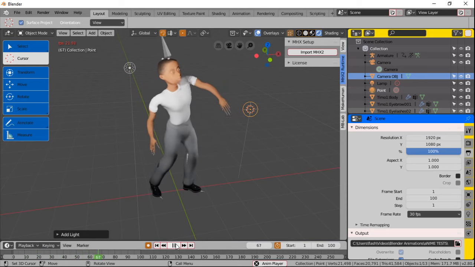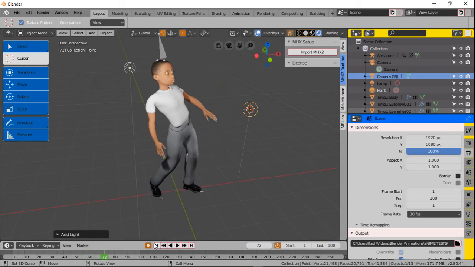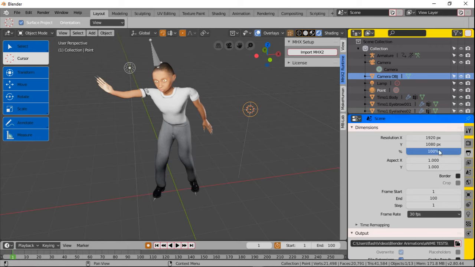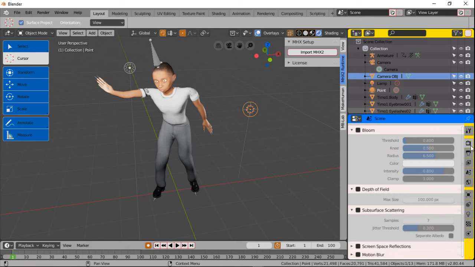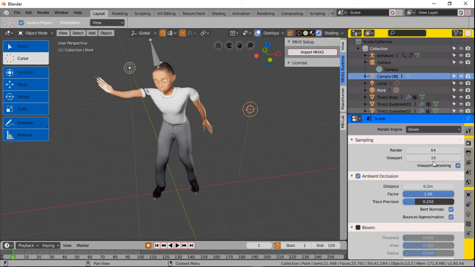So what we're going to do now, we're going to pause that. We're not going to actually do anything with this. We're going to go to, let's see, make sure this is in EEVEE. We'll leave the render set at 64 for shits and giggles, because I did take it down to 5 and it probably was the reason why it crashed. I don't know why it crashed, but